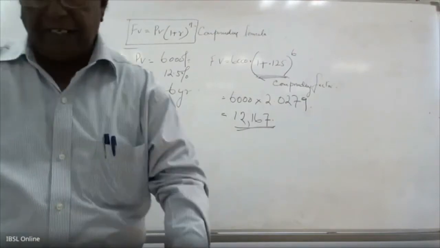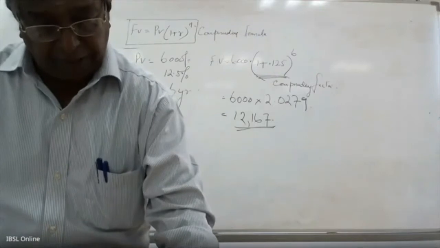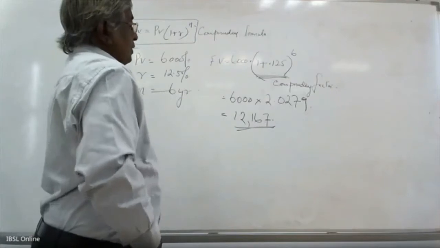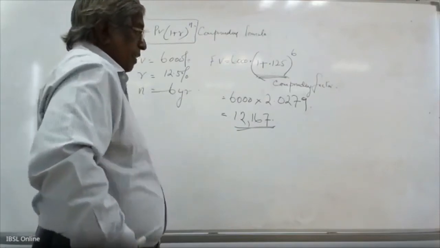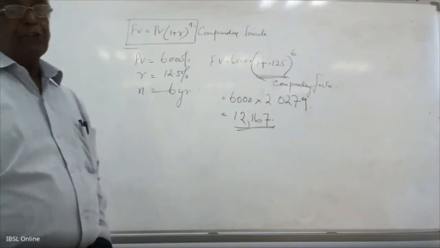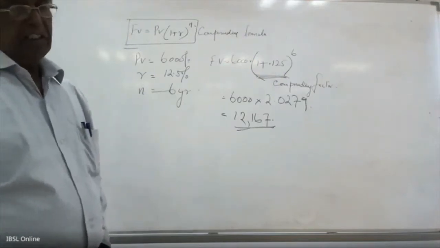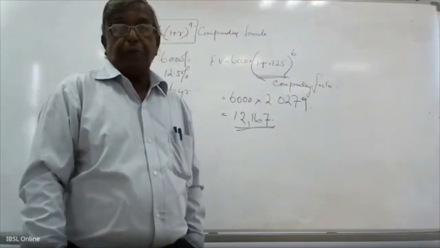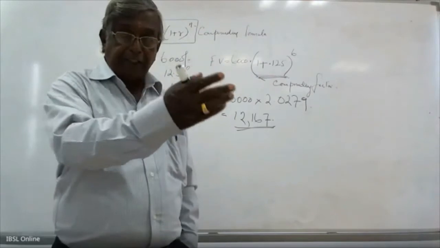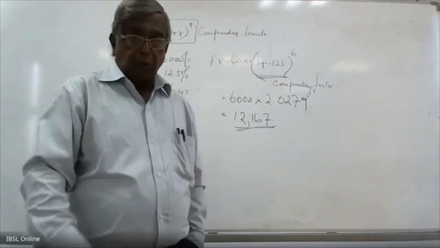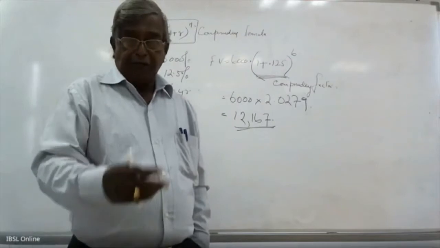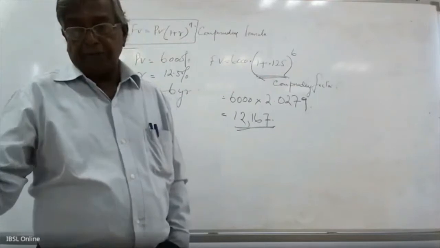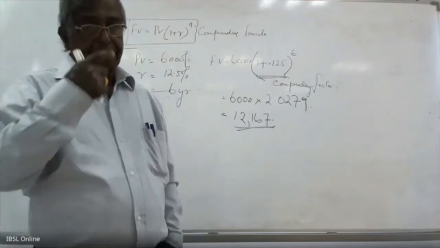This is converting the present value into future value. So this is actually your fixed deposit calculation. If a customer comes and asks you, sir, I have 100,000 rupees. If I put it in a fixed deposit in your bank with automatic renewal, if you have the facility, for about 5 years, how much will I get at the end of 5 years?